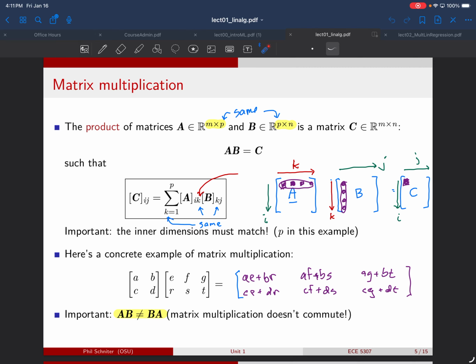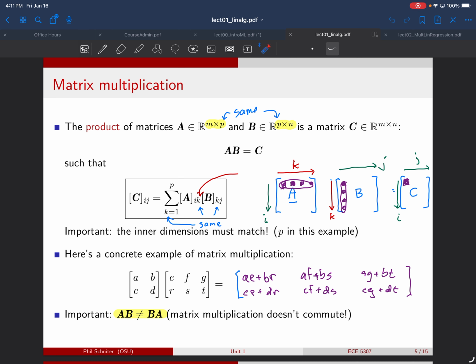Okay, welcome back, everyone. So today we'll finish our discussion of a review of linear algebra. We're almost done, but what we're going to do today is apply some of these ideas regarding matrix multiplication. And the key thing to remember about matrix multiplication is that when you multiply two matrices, like in this example,